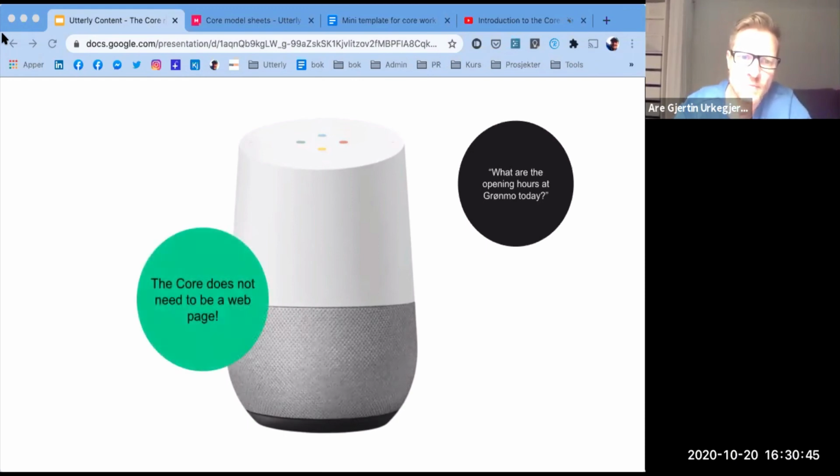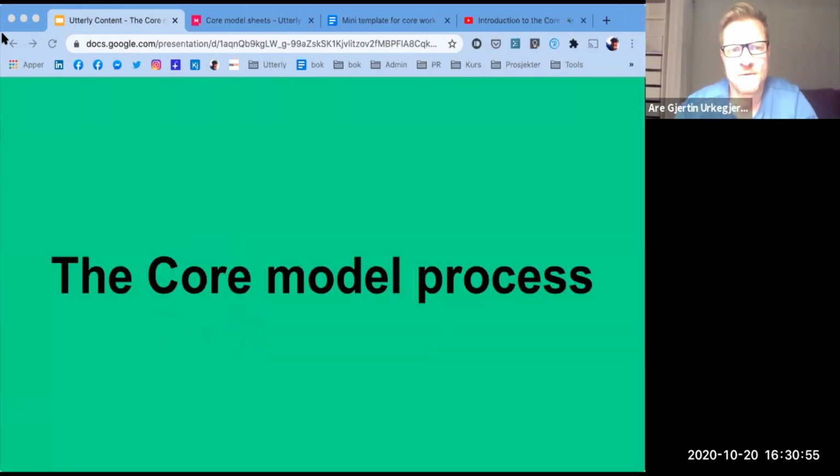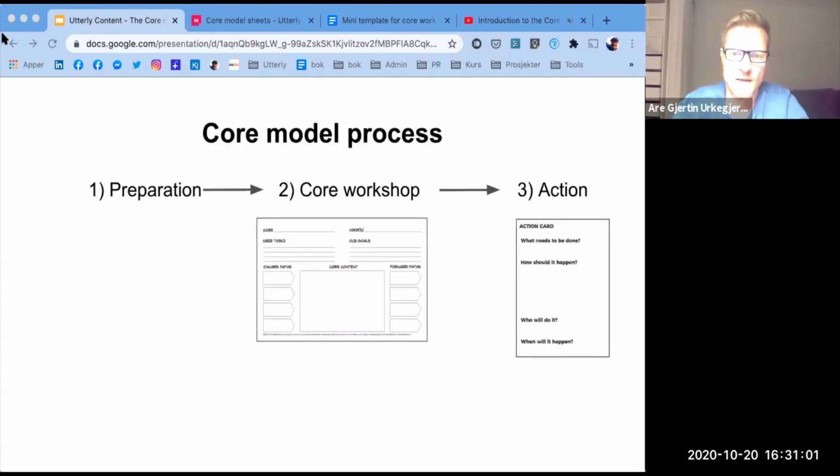So it doesn't have to be a web page then. So this is kind of an introduction to the thinking, but then there's also a process that we have defined